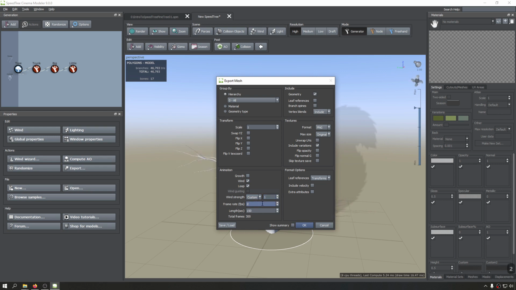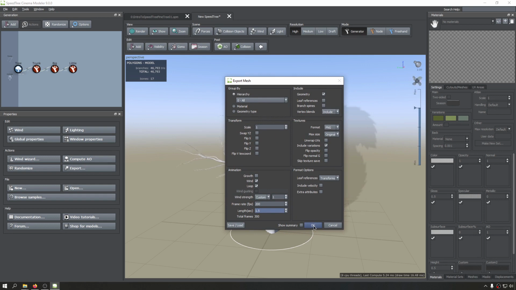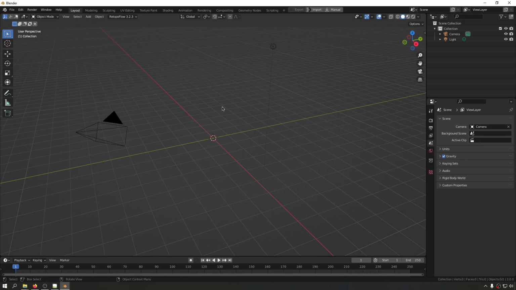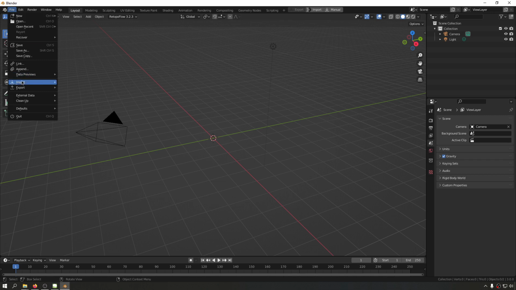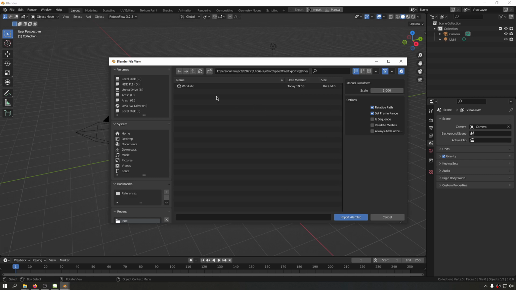So now I'm going to 200, which makes it more than a second and a half, and that equals a total of 300 frames of animation. So this is the animation, and now we're going to hit OK to see the results. So again, here we are in Blender, and let's go to import, and the format is here, ABC. And this is the directory where we saved the file, hit OK,